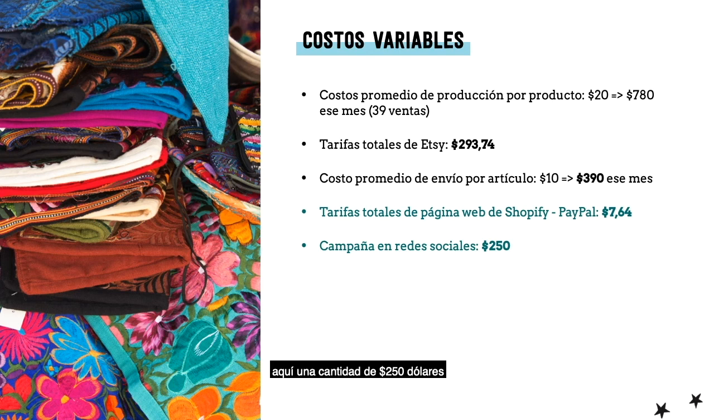$250 amount for a social media campaign that was run to generate those sales this month. That is not a fixed cost. This is not something like the $100 Etsy ad budget that we've seen in the fixed cost part. This is something that was paid to generate the sales of this specific month, and that would fluctuate depending on how many sales are being made. So that's why it's under the variable cost in this example, and this brings the total variable cost for that month to